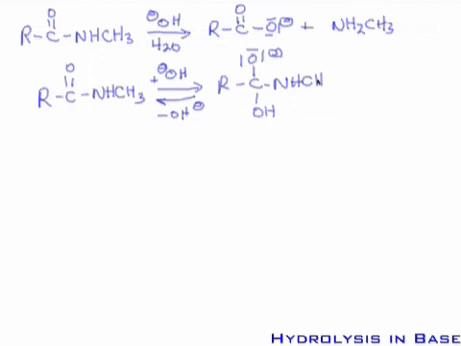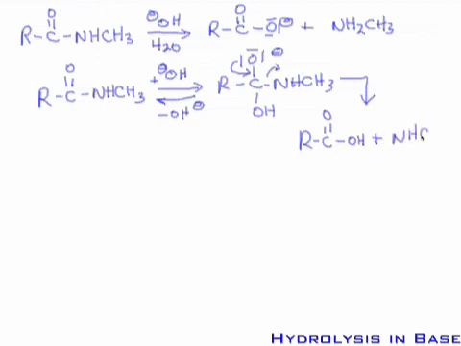NHCH3. Now this is the surprising part, actually, when you think about it. You were told that to be a good leaving group, you have to be a weak base. And good leaving groups are molecules that are not known to be strong bases. To reform the C double bond O under basic conditions, look what we have to kick out in this step. We actually form a carboxylic acid, RC double bond OOH. And we kick out an